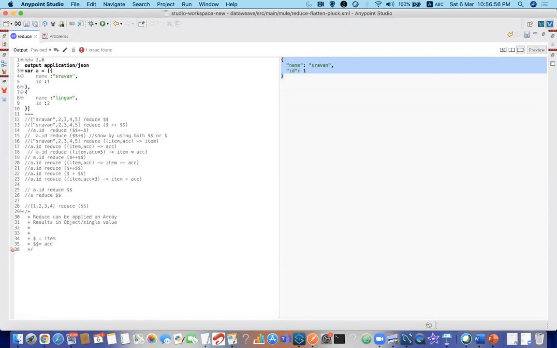Hey Shravan, can you just uncomment 23 once? 6, we have done that somewhere here, right? No, that's 2 into 3, that's a different story. But the question here is ID has 1 and 2, and the item is 1, and accumulator is 3. 1 plus 3 equal to 4, no? One second. Yes, let me check on that.